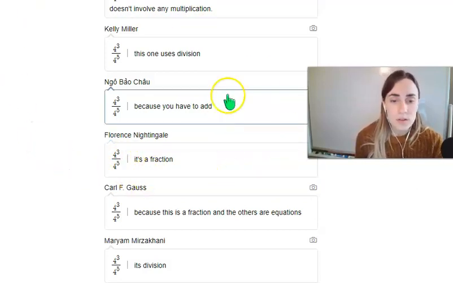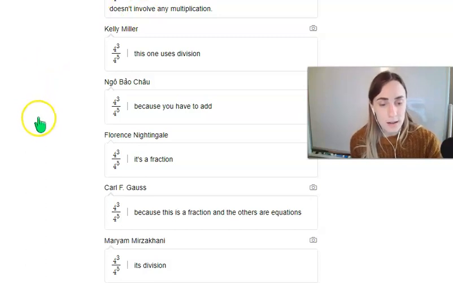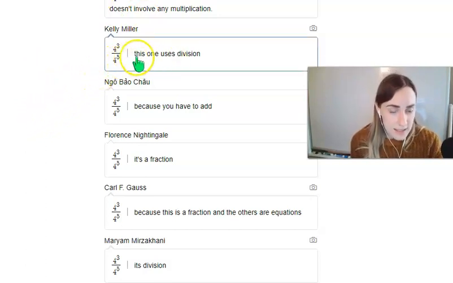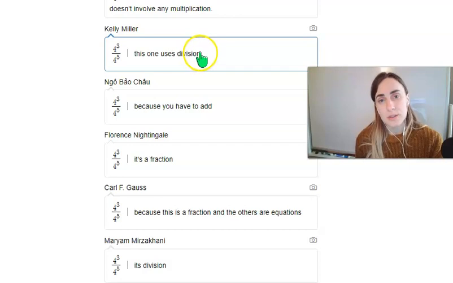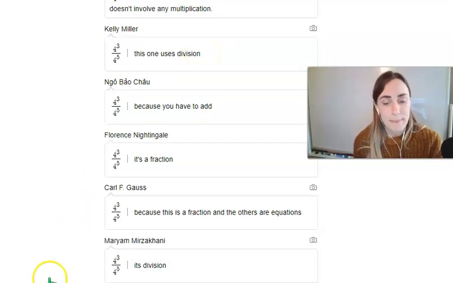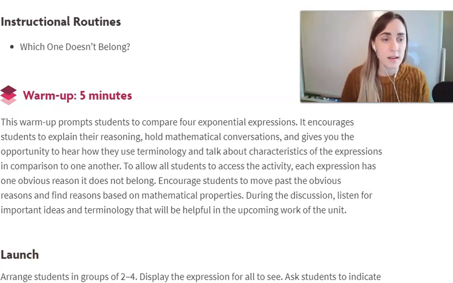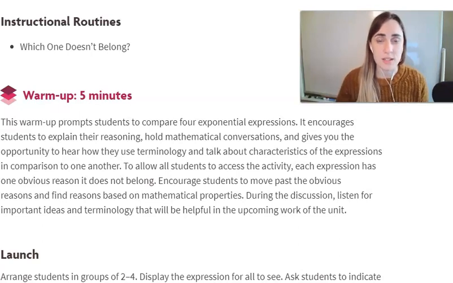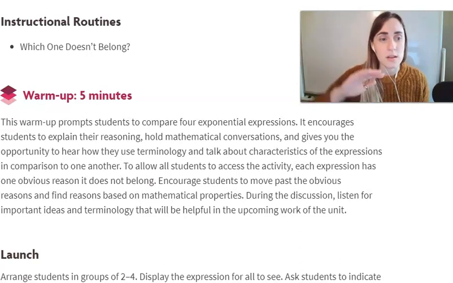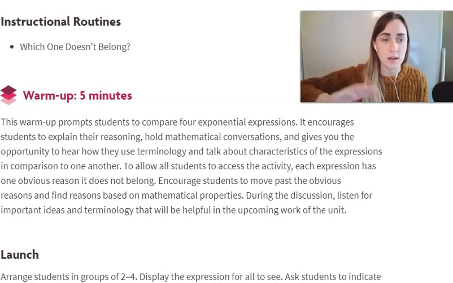And you want those students to be able to hear the ideas from students who know that that symbol is division, for example. So to summarize, in my classroom, when I design which one doesn't belong activities, I try to emphasize specifically the content that I'm teaching at that time, and make sure that there's something about each option that I want to